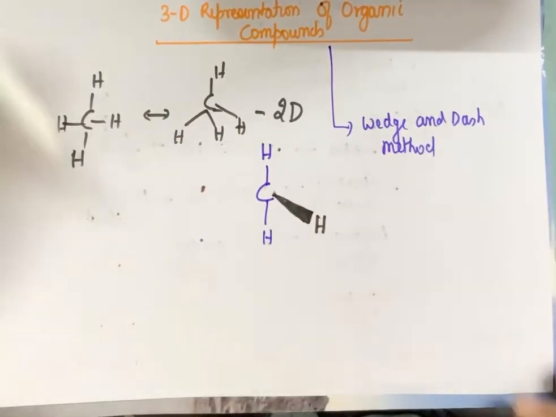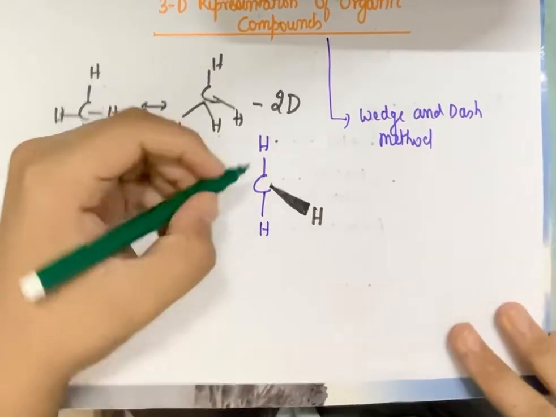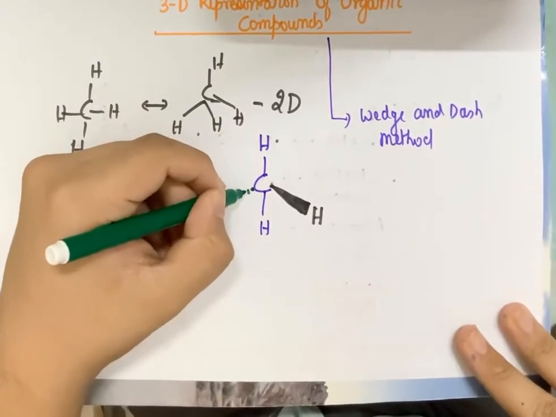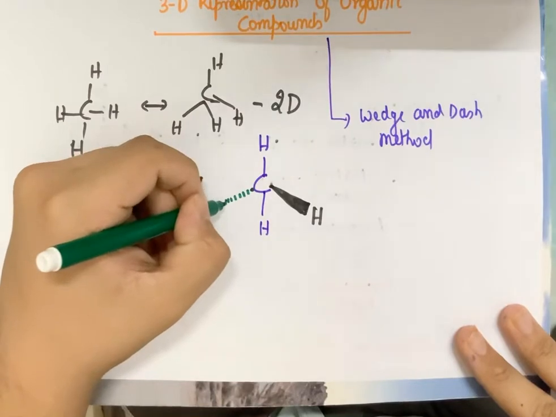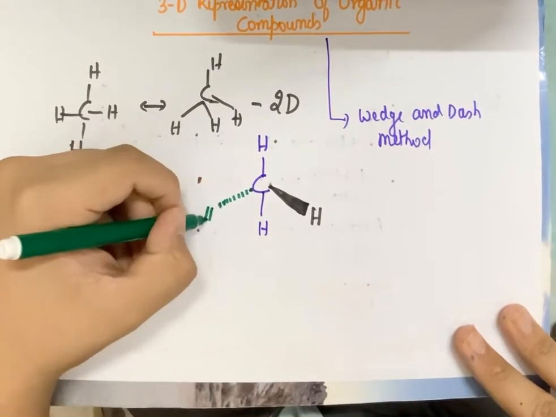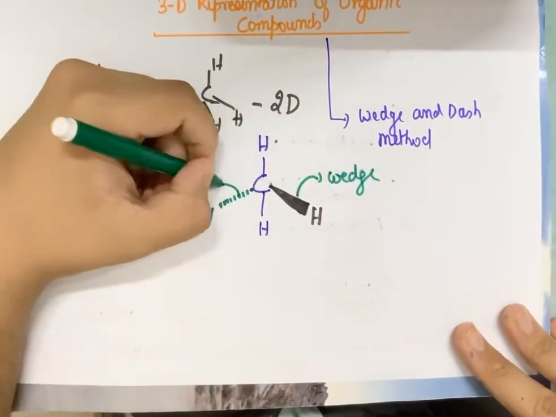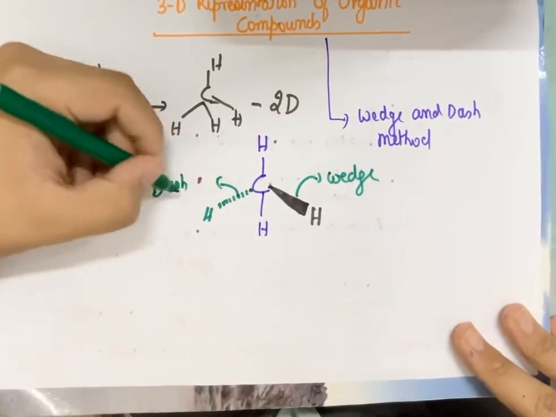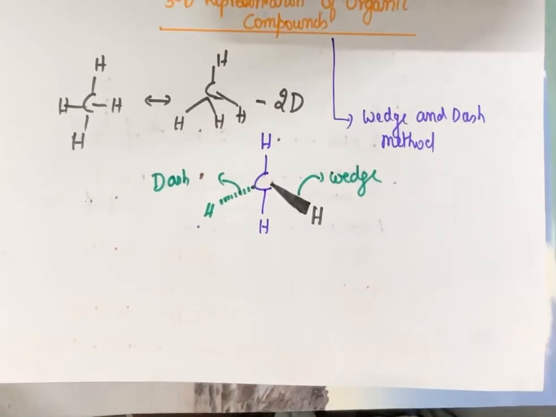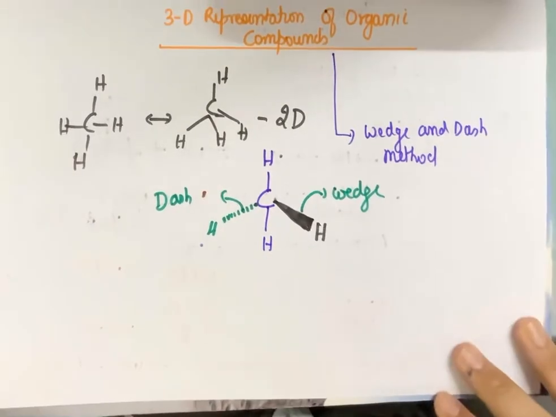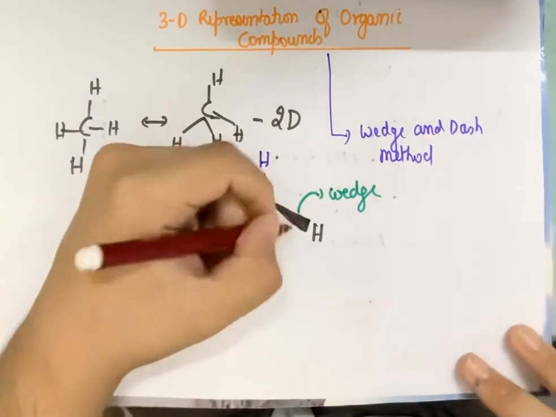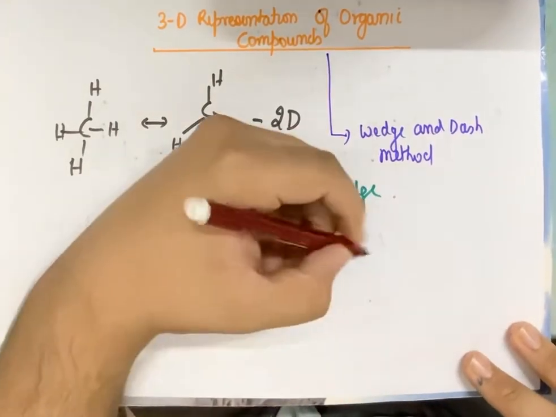The second one I will be showing is towards the back side with a staggered kind of a dash called the dash. This is the wedge, this is the dash. These are the normal bonds. Now how does this represent a 3D structure? Understand? The wedge represents the bond which is coming